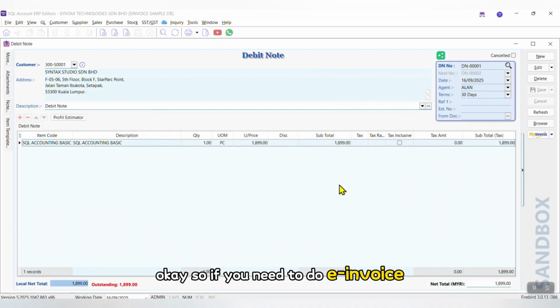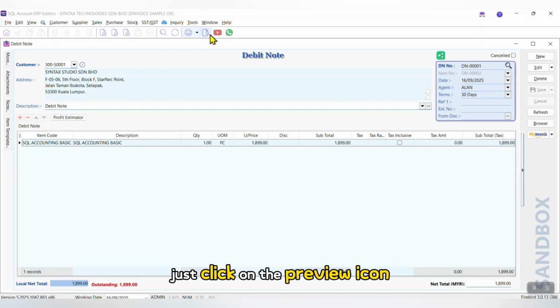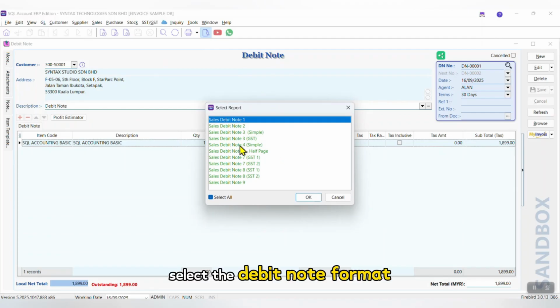Okay, so if you need to do e-invoice, then you can see this icon and send to HDM for validation. If you want to print it out, just click on the preview icon, select the debit note format,